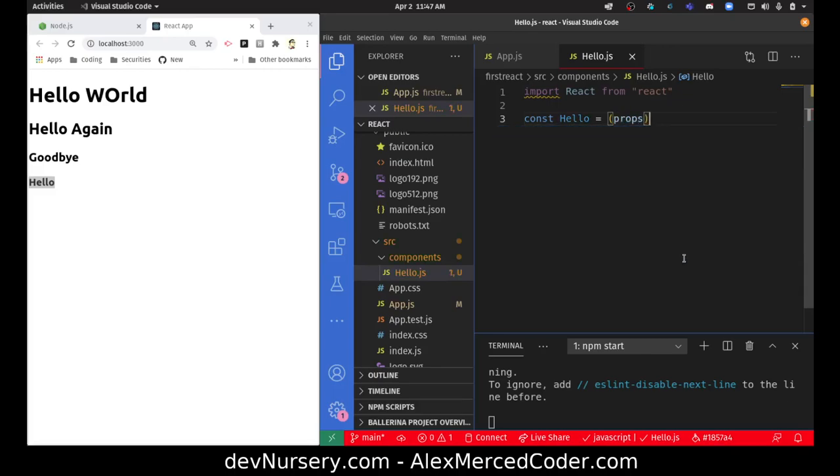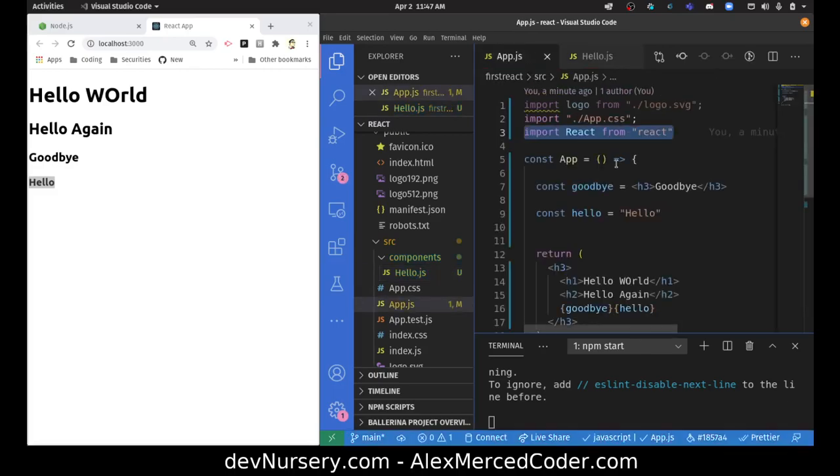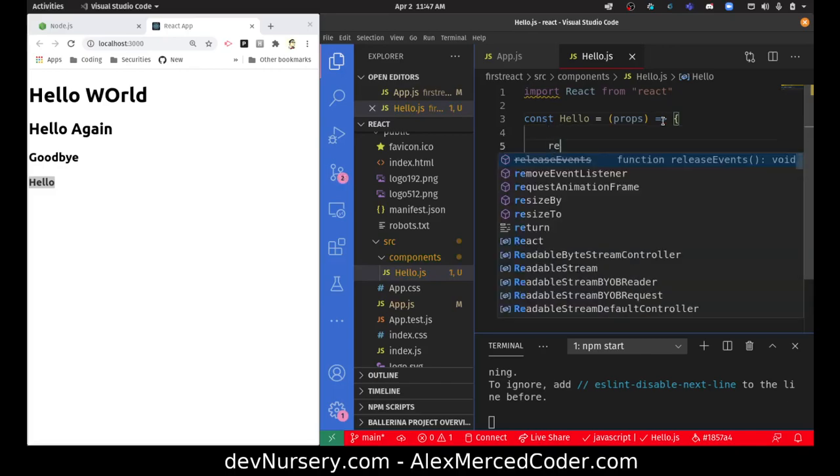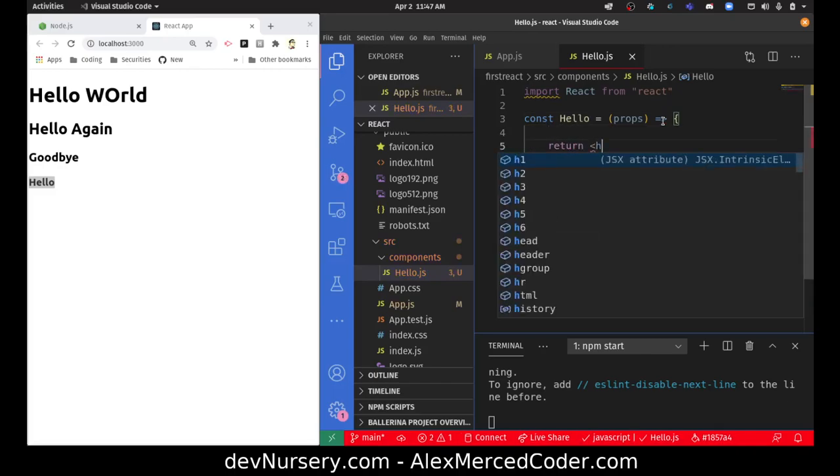Okay, and you'll see how props works in a second. But you should always generally put props in here. We don't do it in app because generally you're not passing props to app. But for all other components, you should pass in props. Okay, and you'll see how we can use that in just a moment. But first, I return some JSX, so we'll just say h1